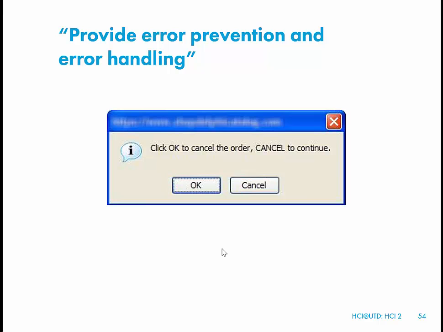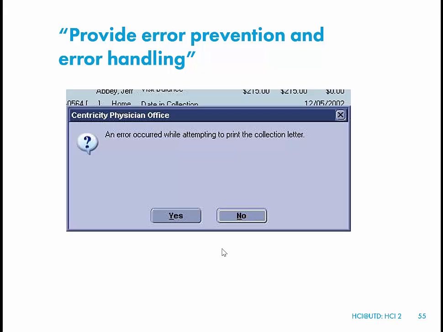Now, the other thing I would point out is make sure your error messages make sense as well. Click OK to cancel it or cancel to continue. Now, I understand that when this error message came out, it was a limitation of JavaScript and the fact that you only had the OK and cancel buttons available. You couldn't rename them, but it ended up with stuff like this, and maybe the workflow could have been a little bit better. Or you'd end up with something like this. An error occurred when attempting to print the collection letter. What happens if I click no? Anyway,